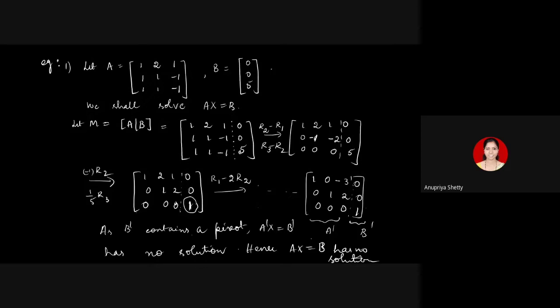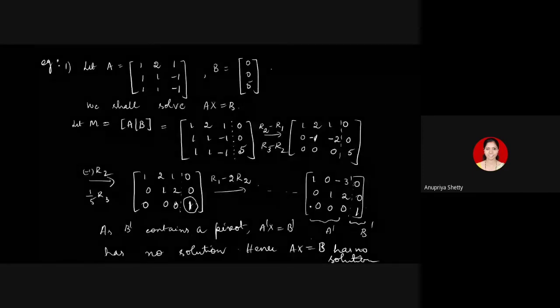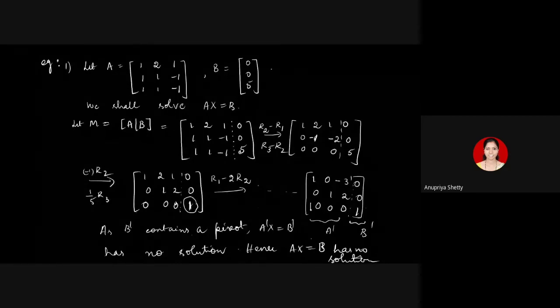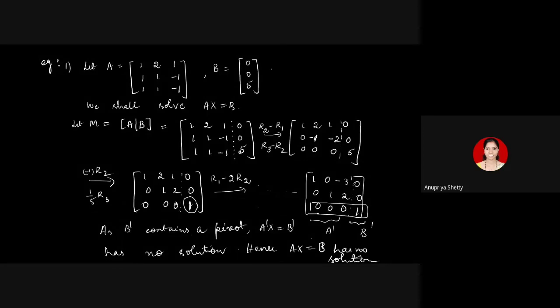So you don't have to try solving again because once you get a pivot in the last column, pivot in the sense there is some row which is having its first non-zero entry inside the last column. Look at here. The third row of this matrix is having its pivot. Pivots are present in rows. So the pivot of the last row is present in the column B dash. That should not happen. Pivot of any row should not be present in the last column. Then that corresponding equation becomes meaningless. It will give you 0 equal to 1 case. Therefore, here your conclusion is the given system has no solution.